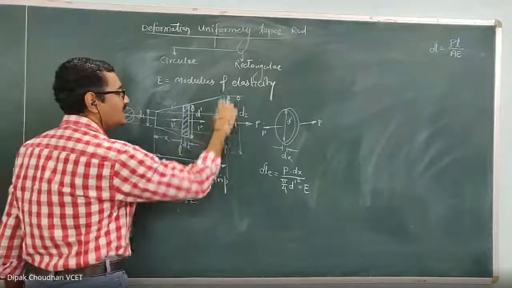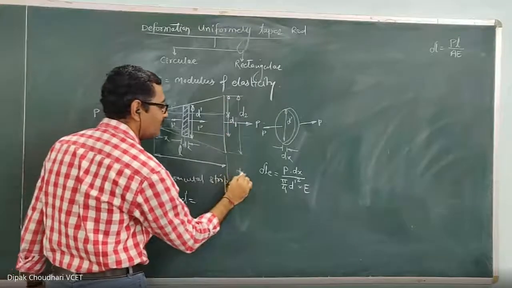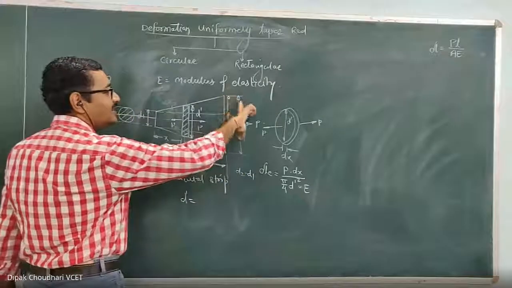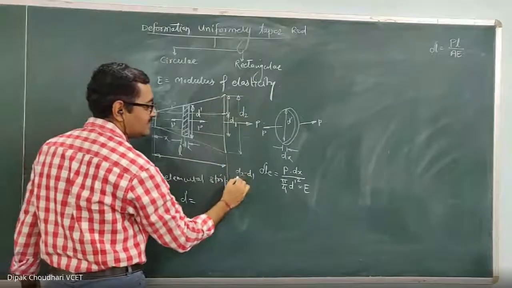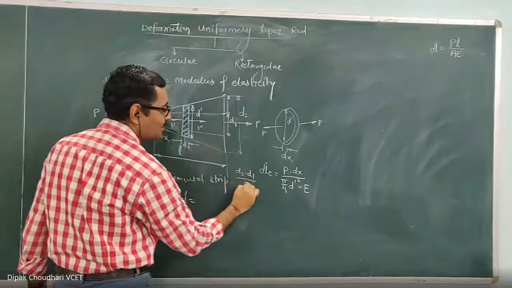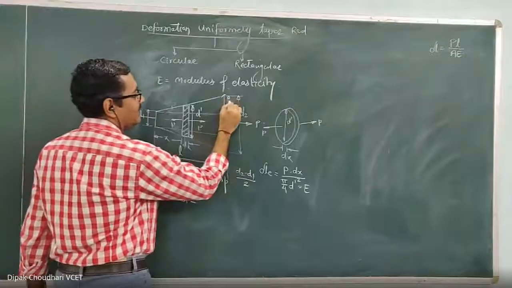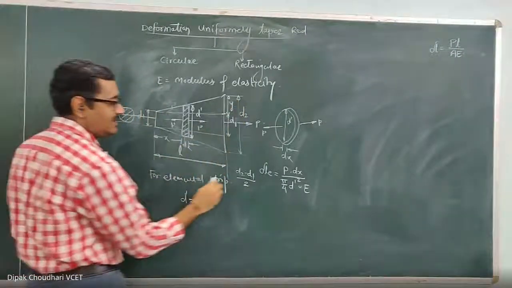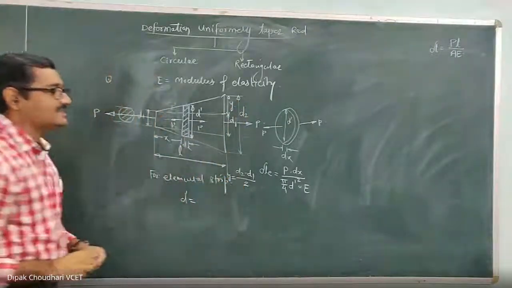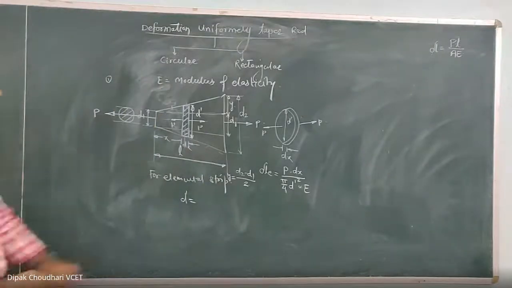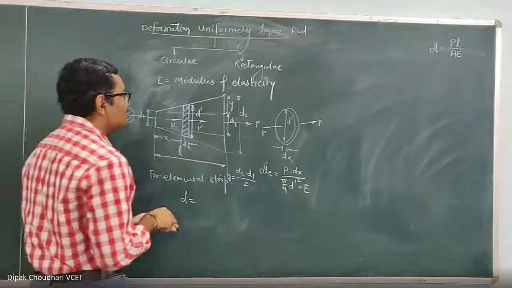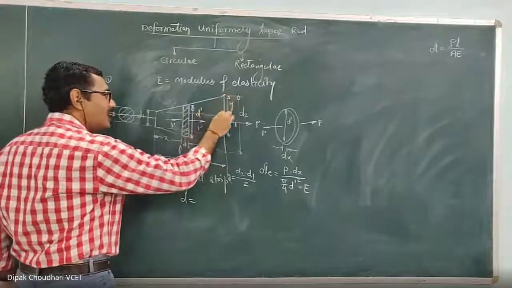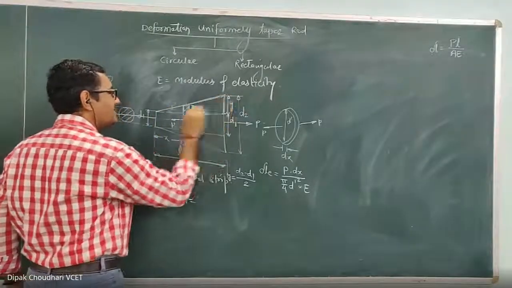So if this is d1, then this plus this equals d2 minus d1. And if I want to calculate only this much, then it is (d2 minus d1) upon 2. So this length, if I call it y, then y equals (d2 minus d1) upon 2. Clear? Now from this y, consider this triangle, which is a right angle triangle.